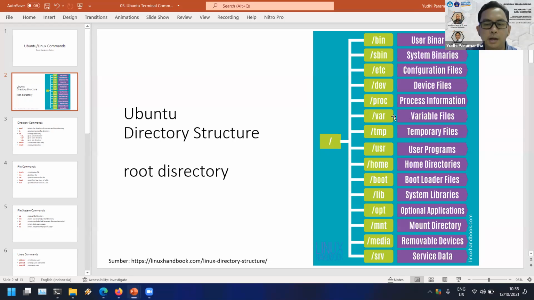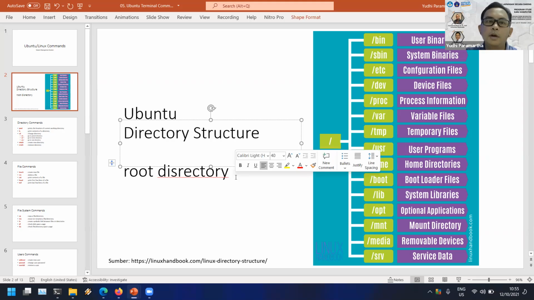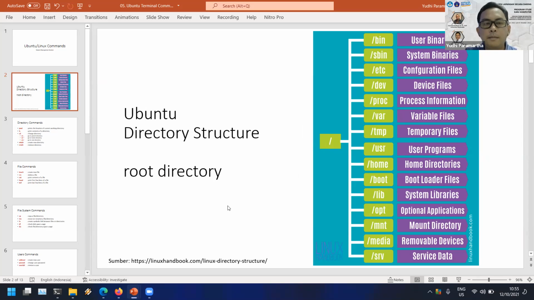The tmp directory is the temporary file system. For example, when you are browsing the internet, images and some code will be downloaded to your computer and placed in temporary files.